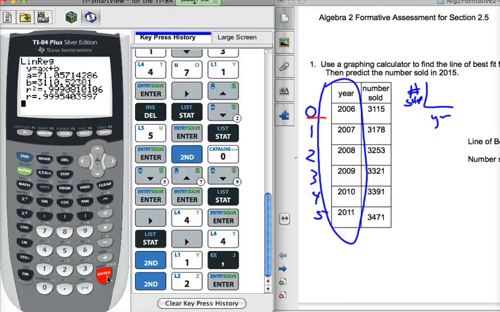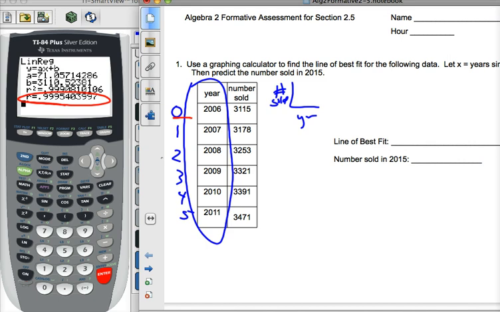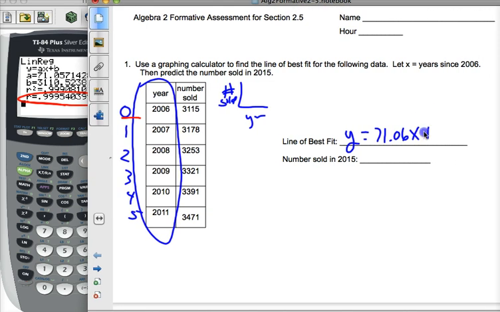You can see I have an R value of 0.9. I mean, that's really close to 1. So this is a real strong correlation. The line of best fit that I have here is a really good indicator of amount sold given a year. So I'm going to go ahead and write that down. I'm going to round to the hundredths here, just so everybody gets the same answer on the test. Let's try to round to the hundredths on the test. So my line of best fit is y equals 71.06x plus